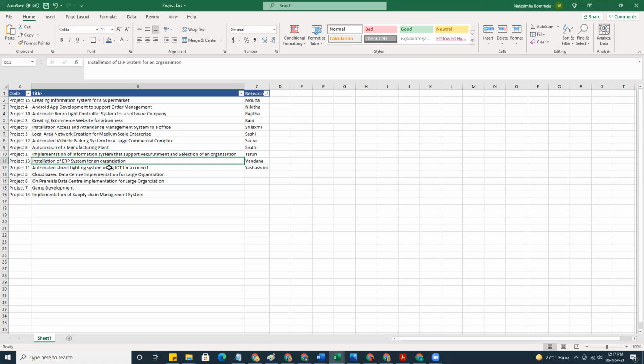The next one is installation of an ERP system. That's very similar. So there is a large scale organization for which we will be implementing an ERP system. So we need to cross check. Usually ERP systems will be implemented for the organization for some needs, like to ensure that all the resources that are associated with the organization are properly maintained. So just cross check what is the need for implementation of an ERP system. You will get some good thoughts on that. Then what activities will be involved in implementation of an ERP system. Just check that, you will understand the project.